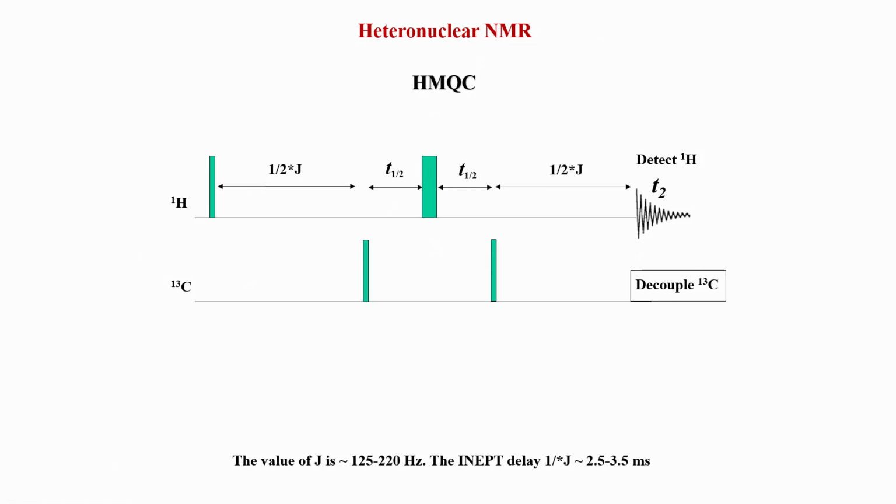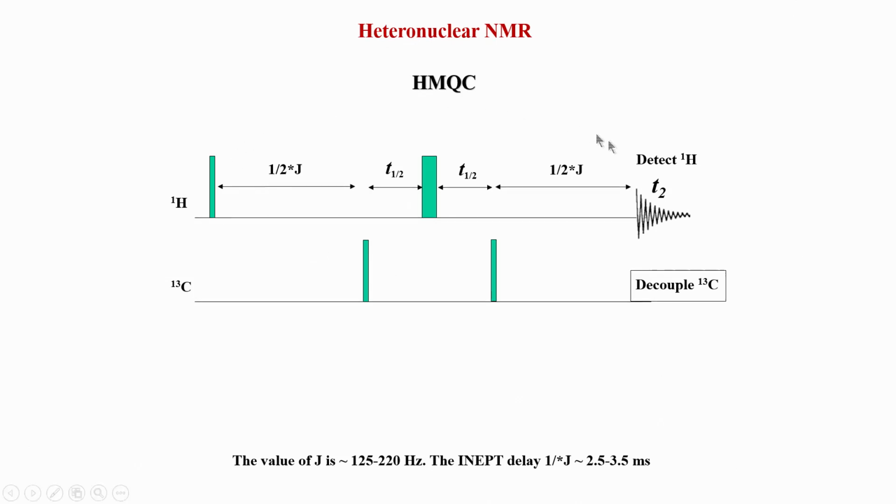Let us come to the next experiment, which is very similar in terms of the information, or the same in terms of the information provided by HSQC, but it is much simpler and more sensitive in nature compared to HSQC. So, it depends on what system you are looking at to study. Typically, HSQC is very popularly used because there are more versions in HSQC. You can have sensitivity enhancement and so on, but the problem with HSQC is the speed, and the speed here can be enhanced in HMQC by varieties of methods, which is again an area of research.